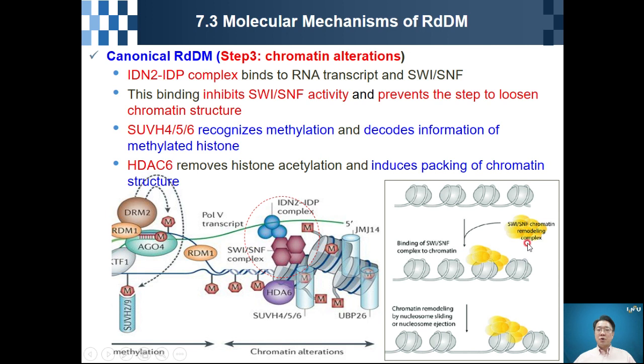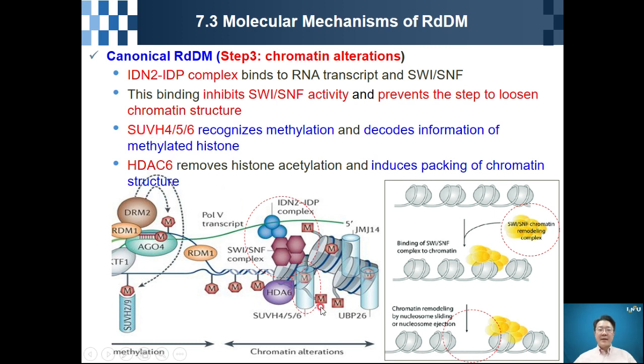The main function of SWI/SNF, so these are SWI/SNF proteins, is that after they bind to the chromatin structure, they loosen the chromatin structure. However, this binding inhibits SWI/SNF activity, finally preventing the loosening of the chromatin structure. So after that, SUVH4 or SUVH5 or